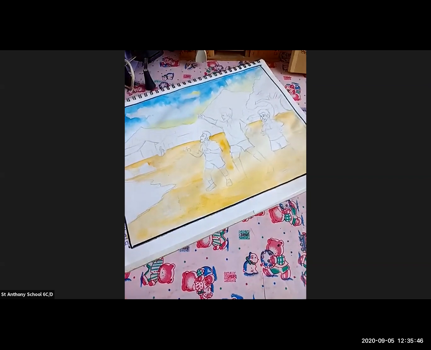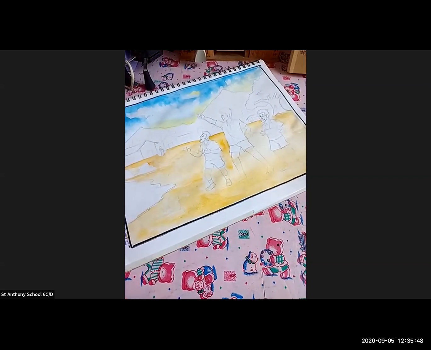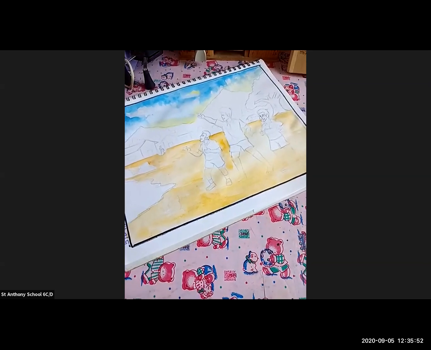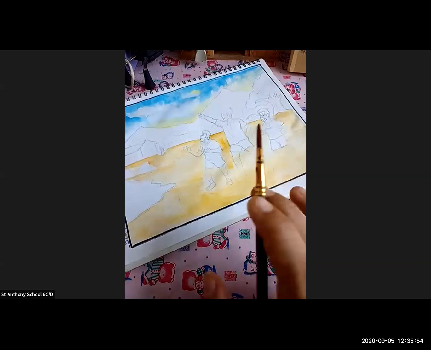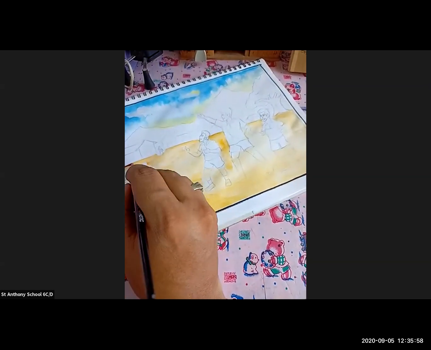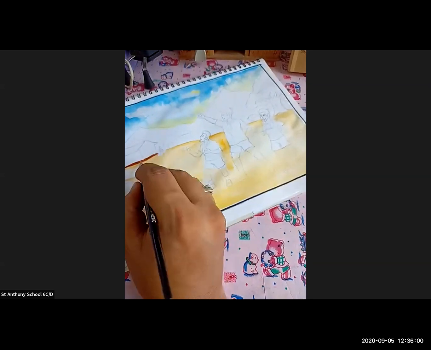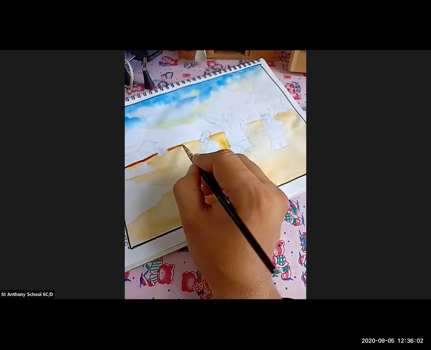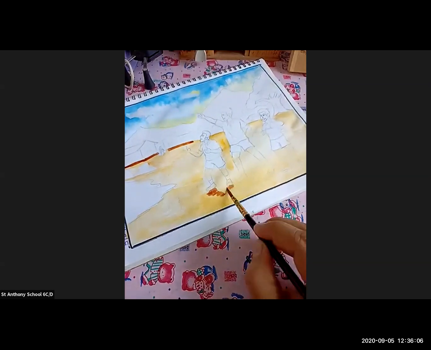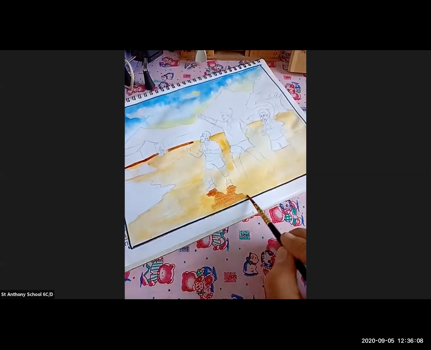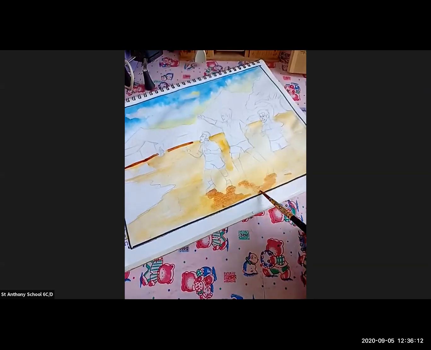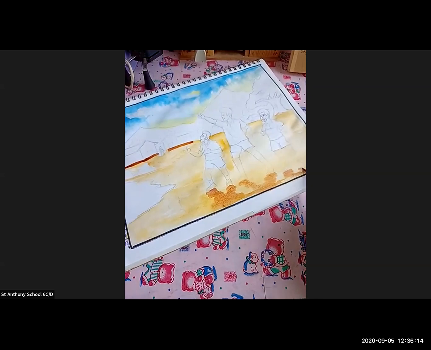Here I'm going to take a dark brown color. Here I have taken the brown color, and just look at this. I'm going to apply the brown color to some areas where the house is. Here I'm going to show a dark tone. The character is standing over here, so this is the dark area. Show the shadow, I'm using a dark tone.